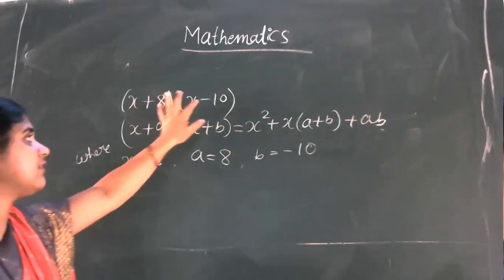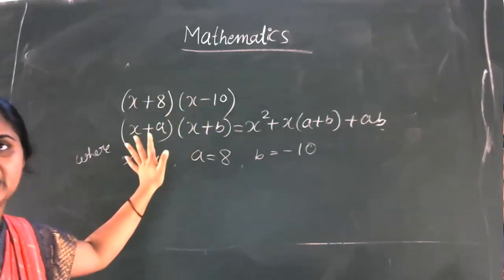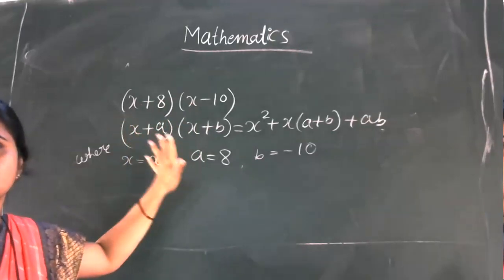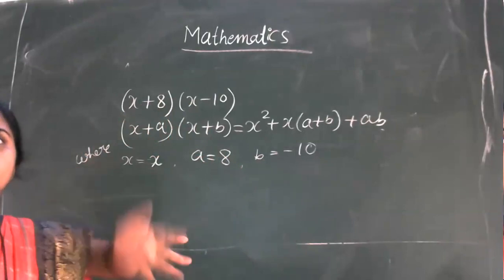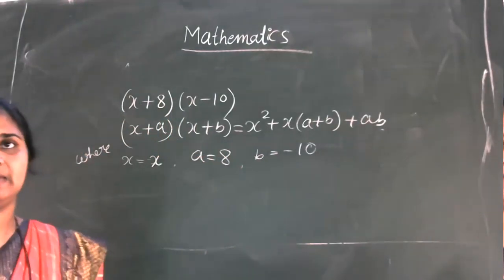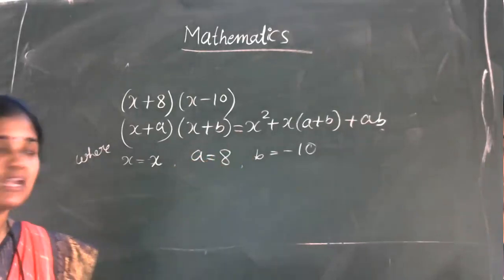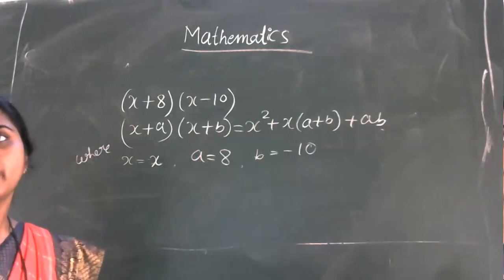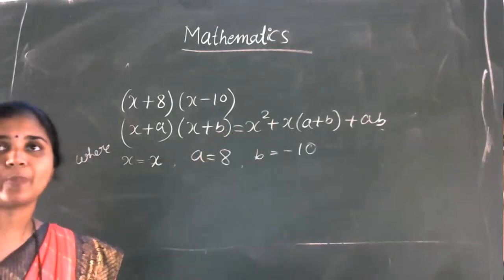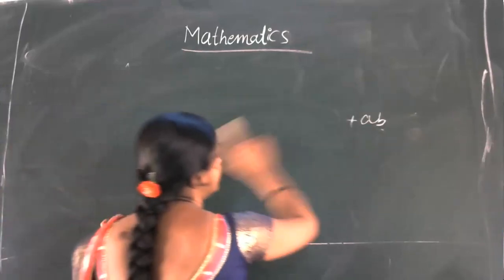While taking negative numbers in this type of identities, don't get confused while choosing the a and b values. Take the numbers with the proper given sign. So a is equal to 8 and b is equal to minus 10. Now substitute a as 8 and b as minus 10 in the proper identity, then you will get the expansion. Is that clear? Okay. So I'll go to the next question in the first main.